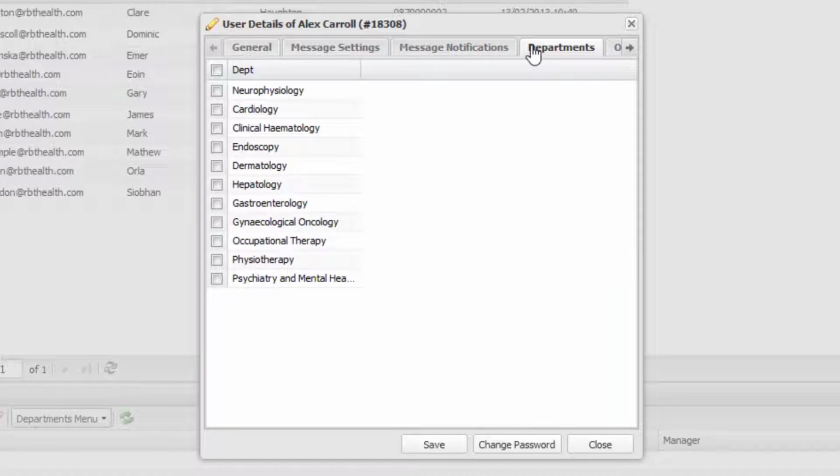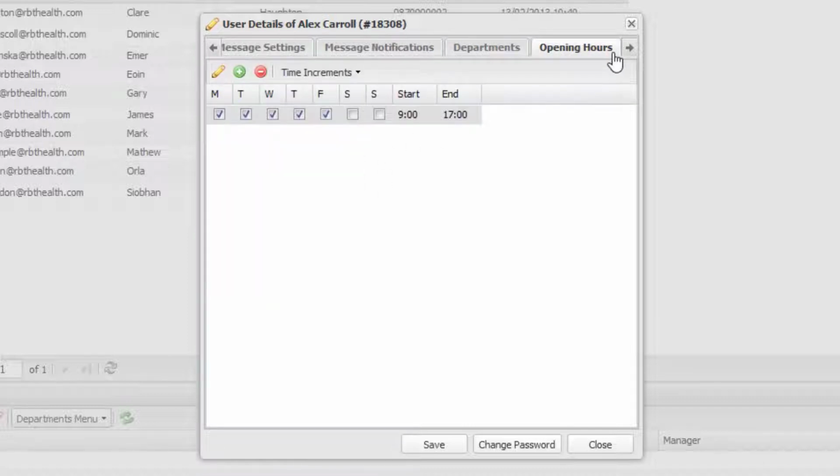The Departments tab is where you can optionally assign the user to one or more departments. The Opening Hours tab holds a schedule of the user's work hours. When you create a user, a setting is added for 9 AM to 5 PM, Monday to Friday. DiaryBook will only allow an appointment to be made for this user within the open hours schedule. To demonstrate,